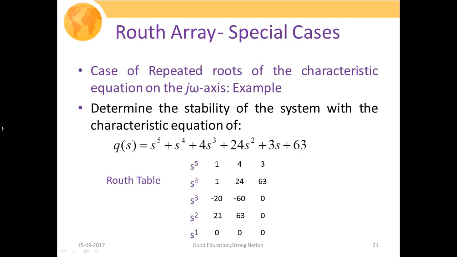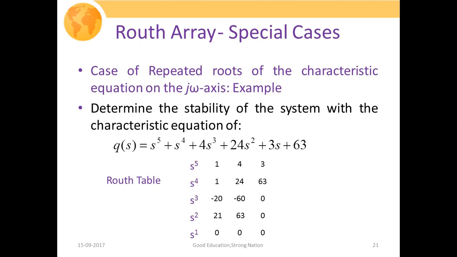So in order to find out whether this particular system is stable or unstable, the only option left is to evaluate all the roots of the characteristic equation separately, and after finding those roots explicitly, we can comment on the system's stability. If certain poles have positive real parts, then our system will be unstable, and if we do not find any roots of the characteristic equation with positive real parts, then our system will be stable.